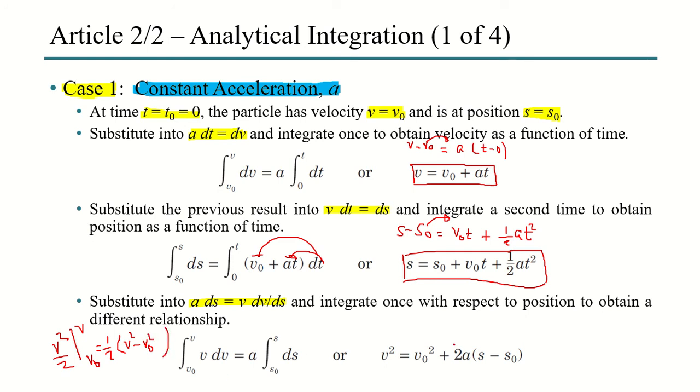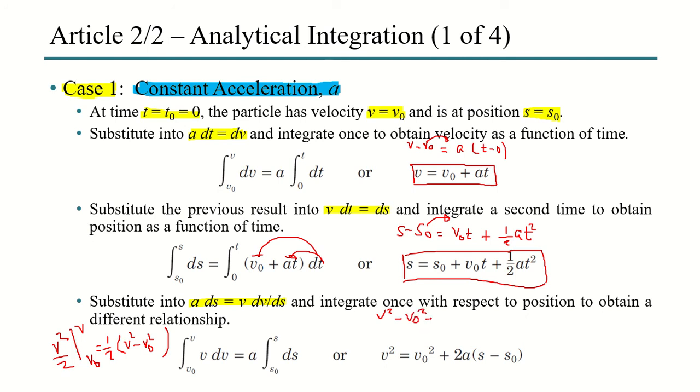Okay, so this is it now, and then you multiply both sides by 2 just to eliminate this fraction here. So this becomes v squared minus v sub 0 squared